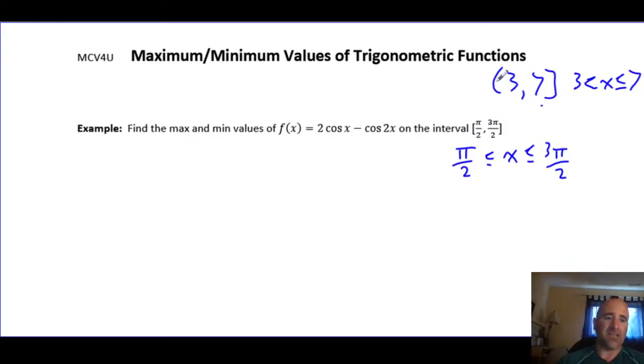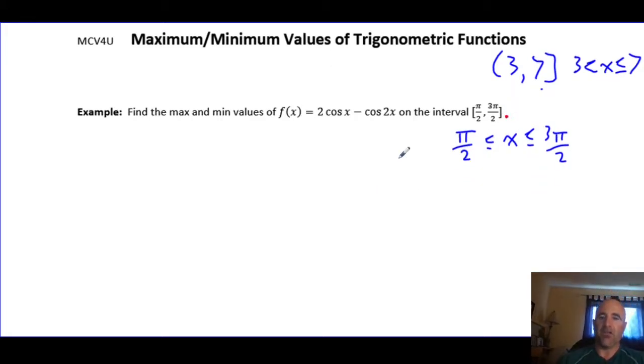Because maybe the maximum value happens when you get closer and closer to 3, but if you can't be equal to 3, then you can't actually find that maximum. So anyways, don't worry too much about that. The important thing to notice here is these square brackets. That's what they mean. Okay, so we know that the maximum and minimum values of 2 cos x minus cos 2x will occur at any possible turning points, which are any critical points, and at the endpoints. So we're going to check those endpoints. We're going to check the critical points. So I'm going to find the critical points